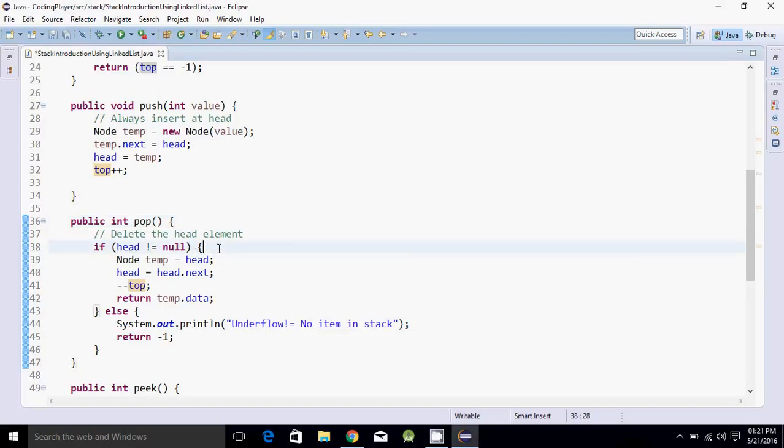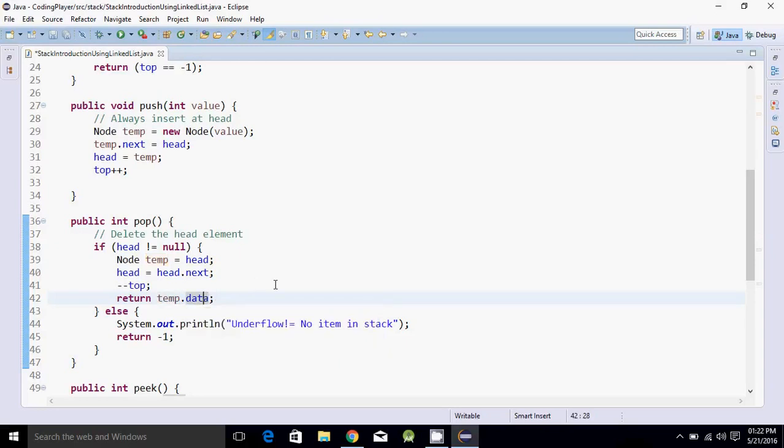For popping an element, you can search for the tutorial related to linked list on how we can delete an item from the head node, or from the start node or the beginning. Then you can find how we can delete a node from the linked list. This is the same concept. We hold a temp node as head, and we move the head to the next of that head node, means head equals head dot next, and this link would be cut off. I used temp because I have to return the data of the deleted item, so I just return temp dot data. So it will return the value of the deleted node.